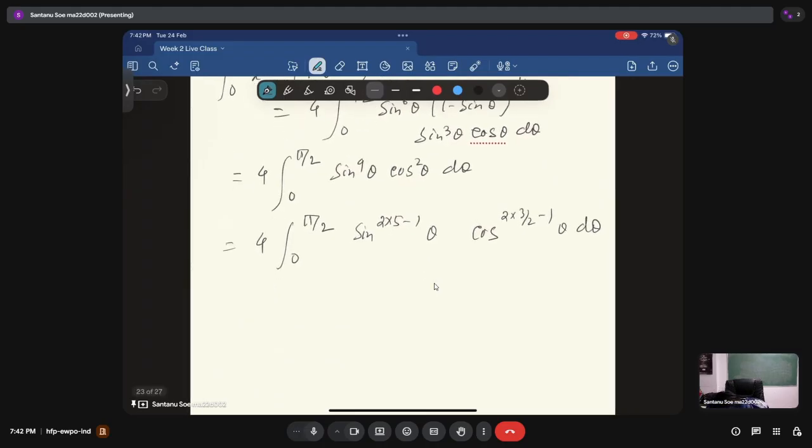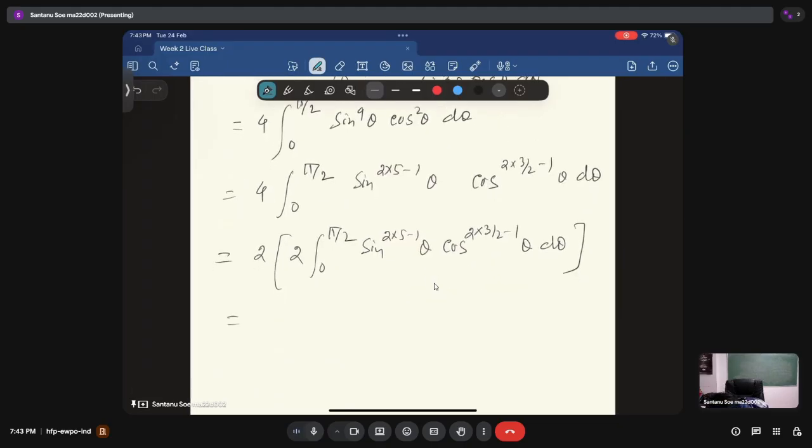Correct? So this is going to be 2 times 2 integration 0 to pi by 2 sine to the power 2 times 5 minus 1 theta cos to the power 2 times 3 by 2 minus 1 theta d theta. And this is just 2 times beta of 5 comma